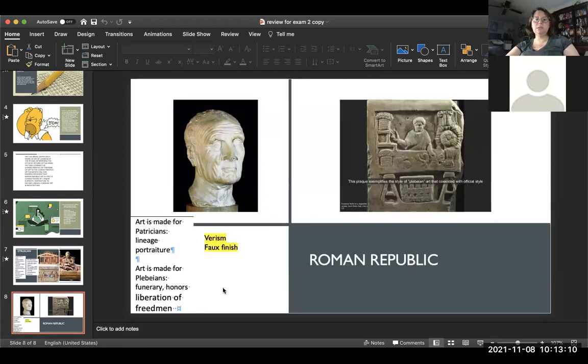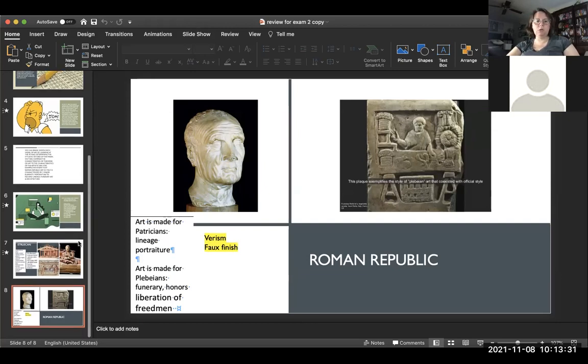All right, so let's move on to art of the Roman Republic. Remember, this is art pre-empire. So the Roman Republic is not as strong as the Roman Empire. They haven't conquered as much land. However, they have very distinct art. They have art for two purposes. Purpose one